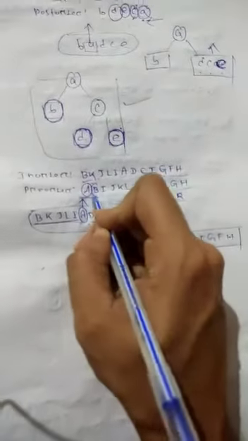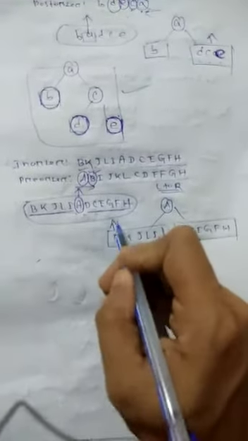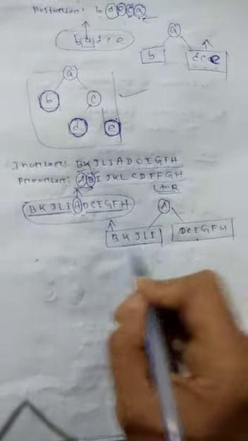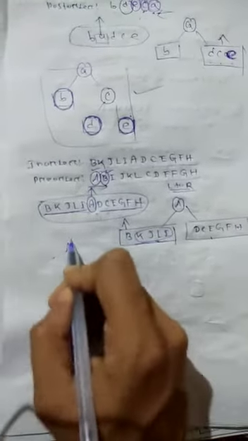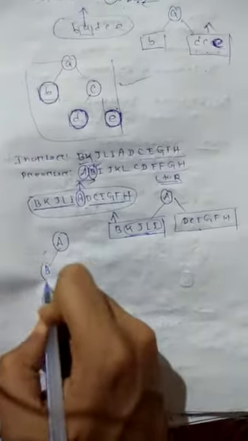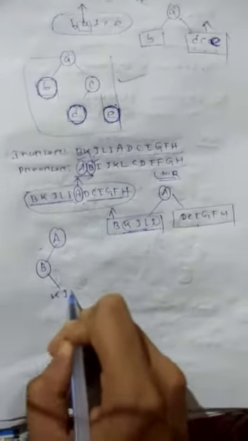Next, what is the next root from the pre-order? Next is B. We have to consider B. So here, B is here. B goes to the upper, and these are some right subtree. Next, how is it drawn? A is there on the left side. B will be there, and from B, the right side is what? K, J, L, I. Then the right side of A is the same as previous.